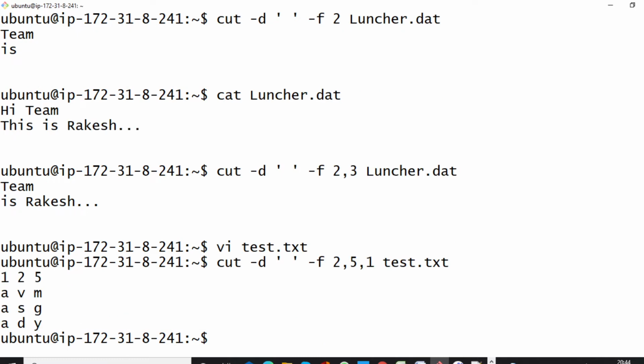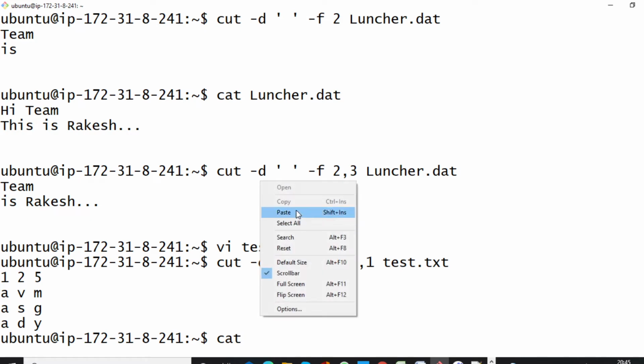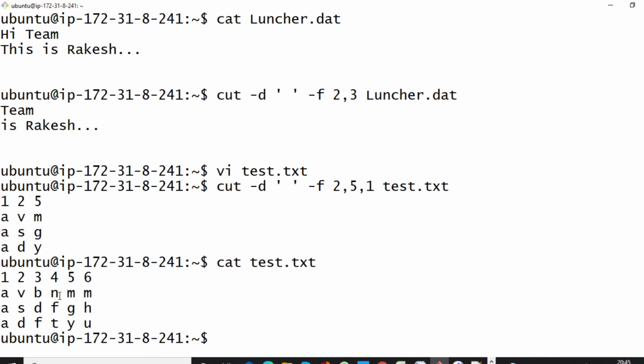See, 1, 2, 5. Let me cat the file. Here you can see this is the first column, it is printing.